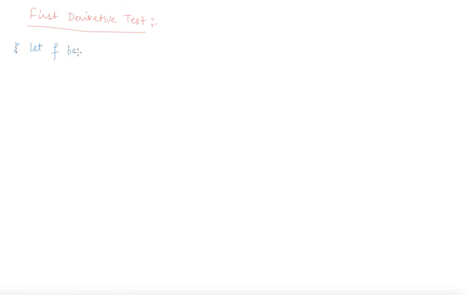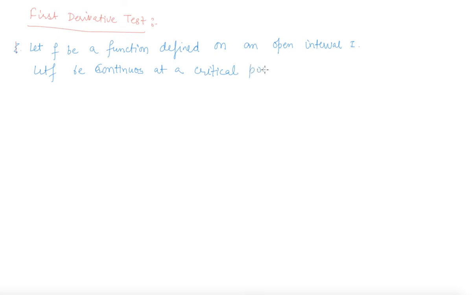Let f be a function defined on an open interval I. Let f be continuous at a critical point c in I. Okay, then we can say that the first point is if f dash x changes sign